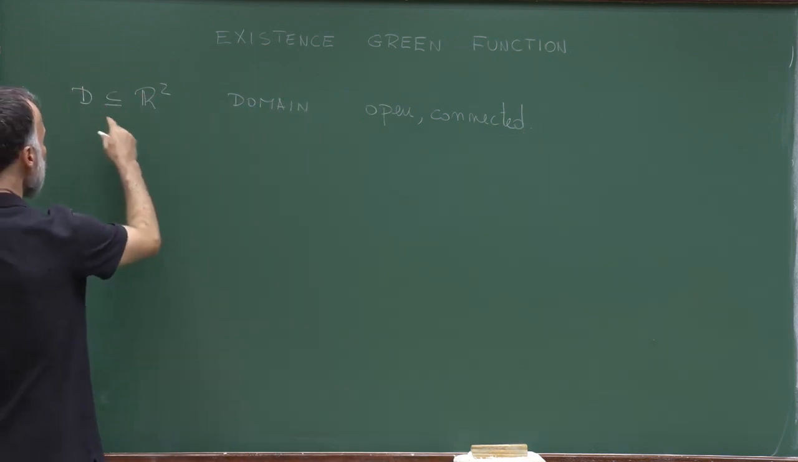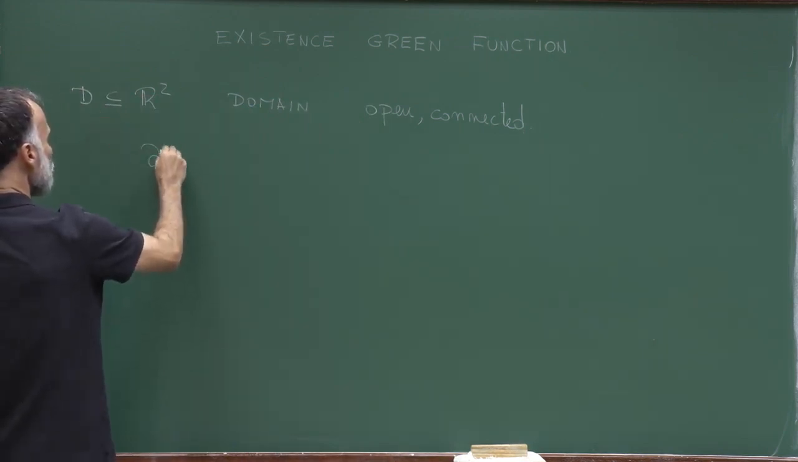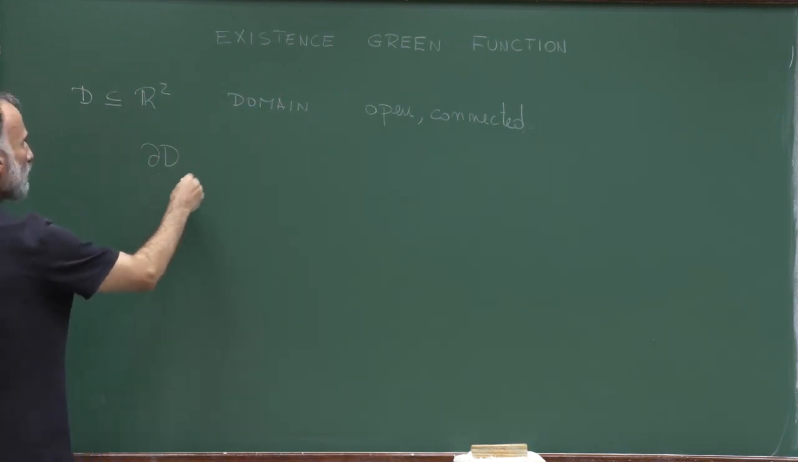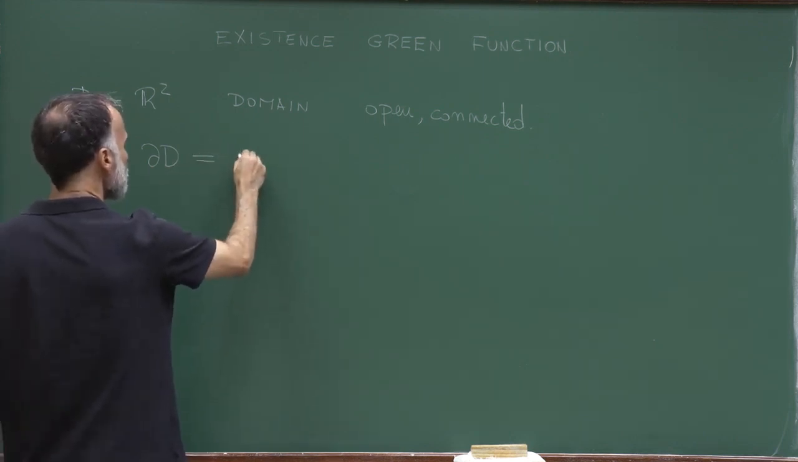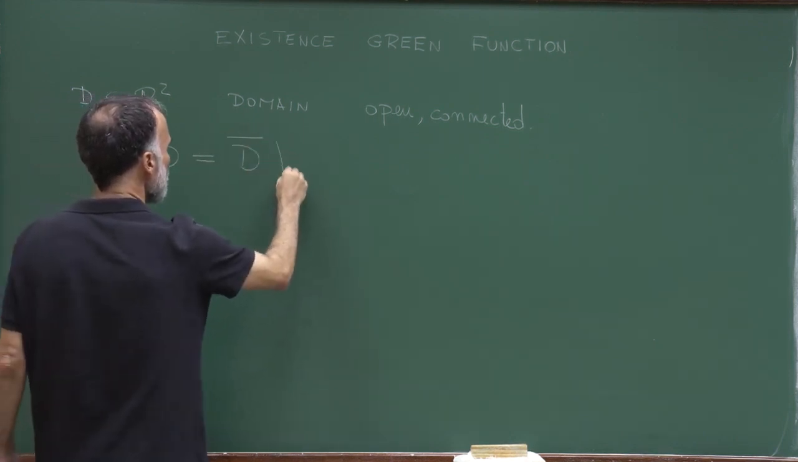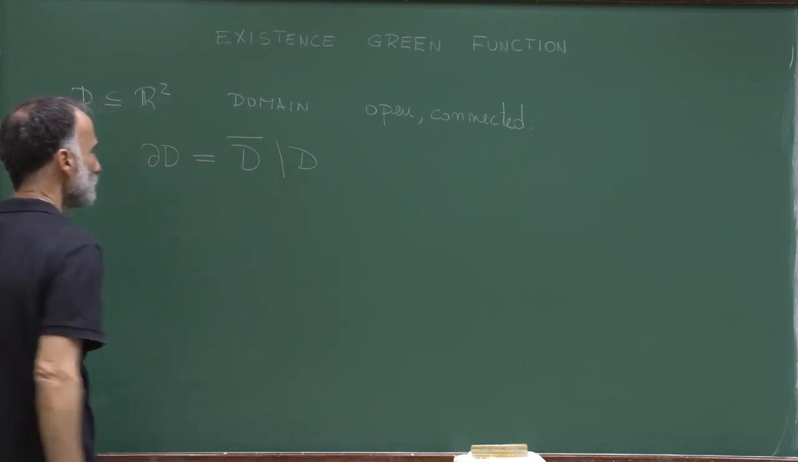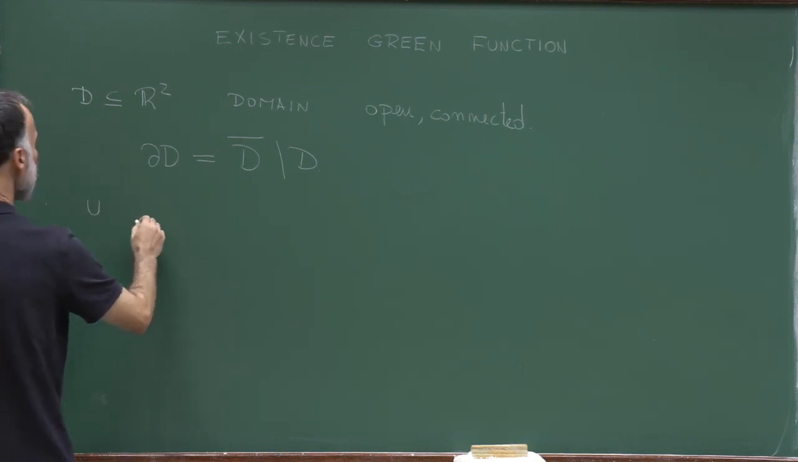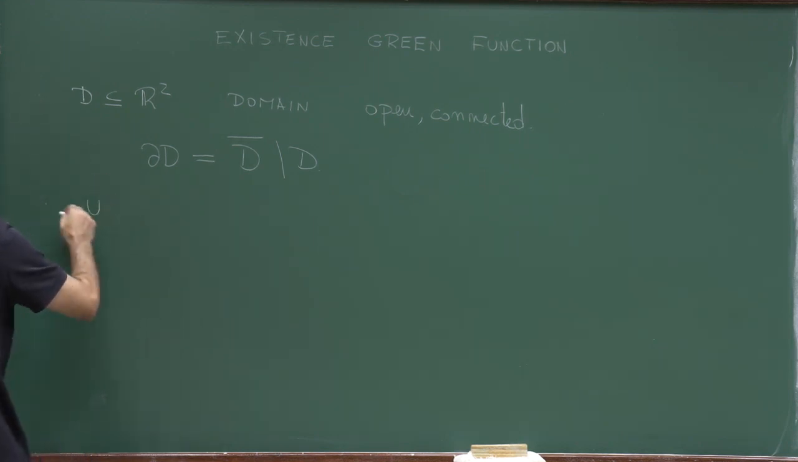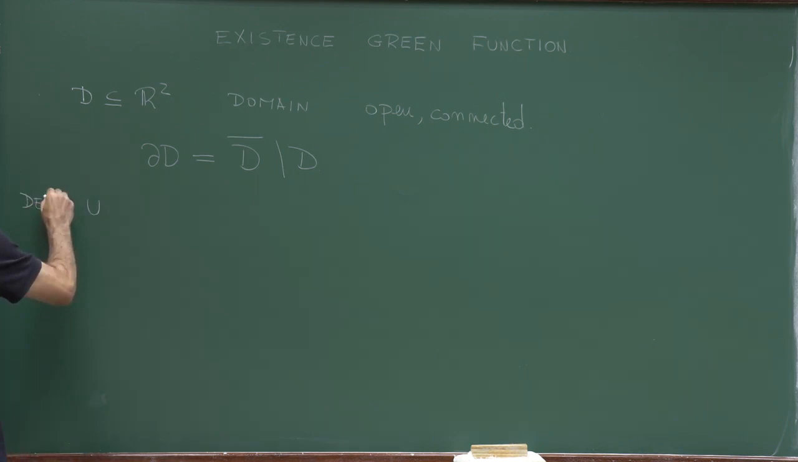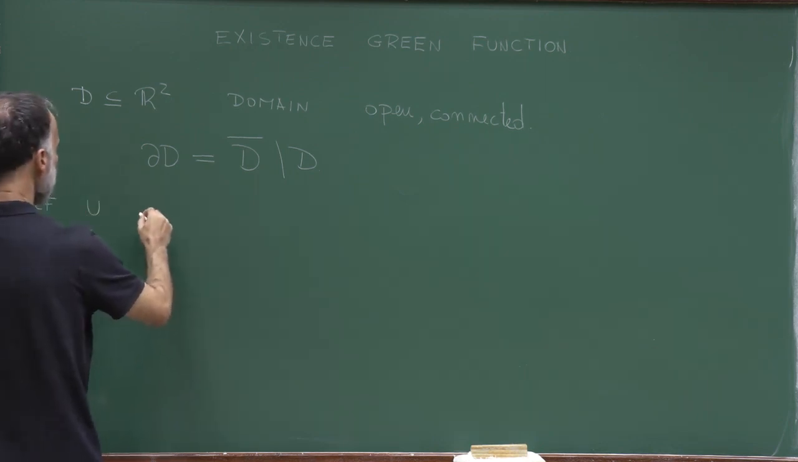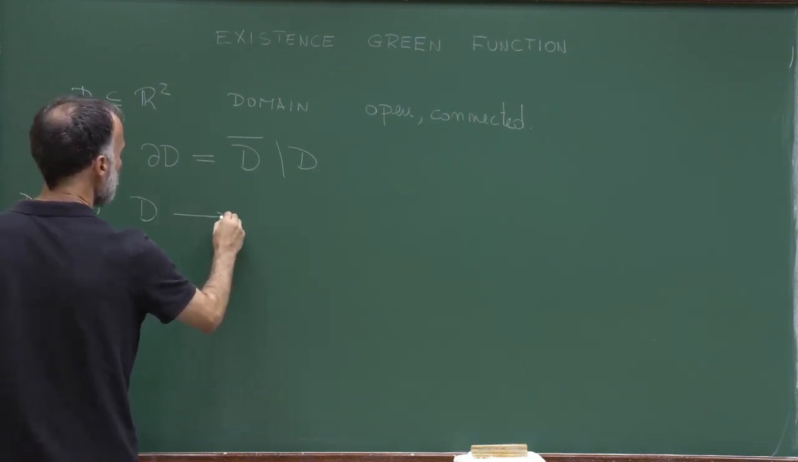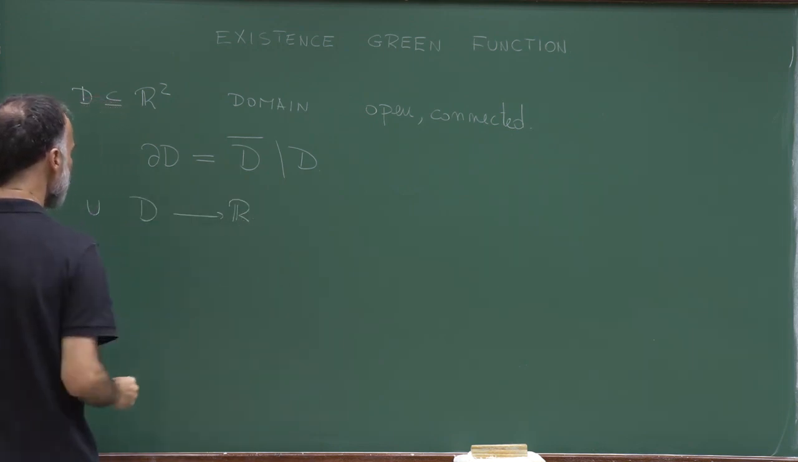So we will represent the boundary of D. Delta D will represent the boundary, and the boundary is just the closure of D minus D itself. So this is the definition of the boundary. Now, these are definitions. If I have U, a function which is defined on D and taking real values,